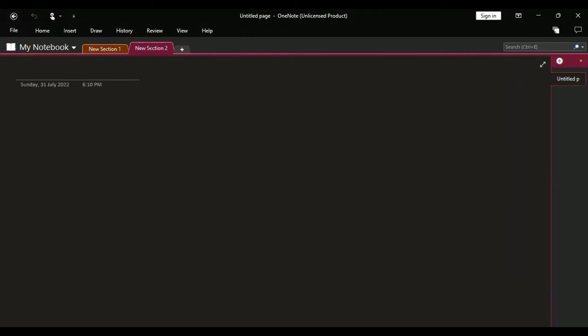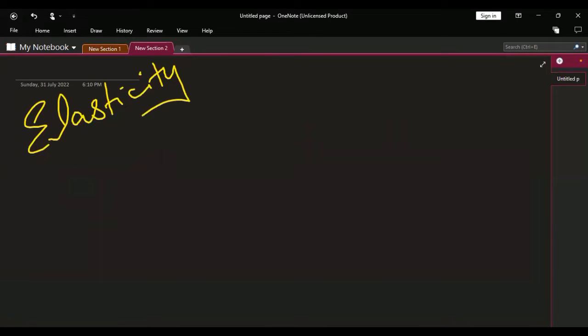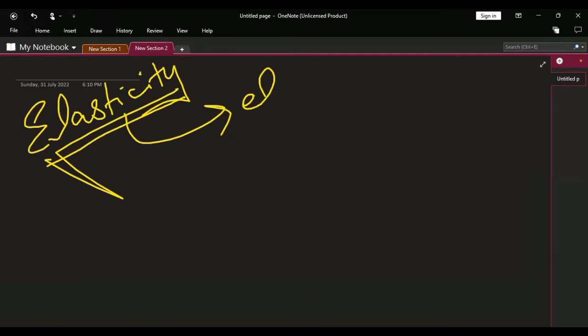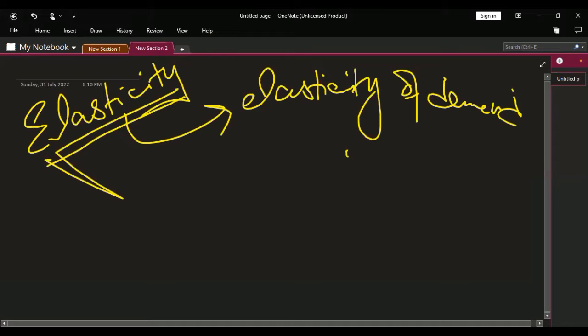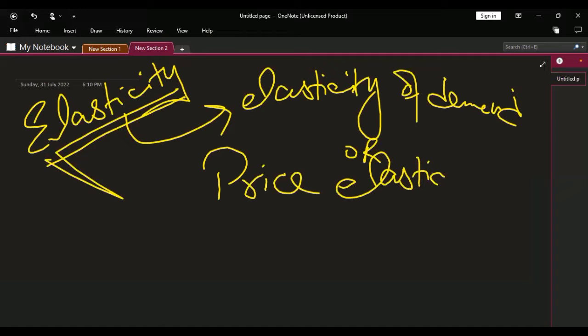The elasticity of demand that we have already studied is price elasticity of demand,